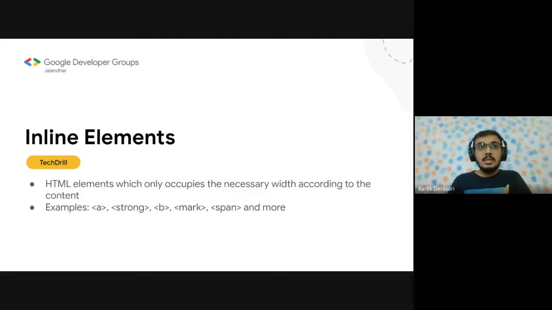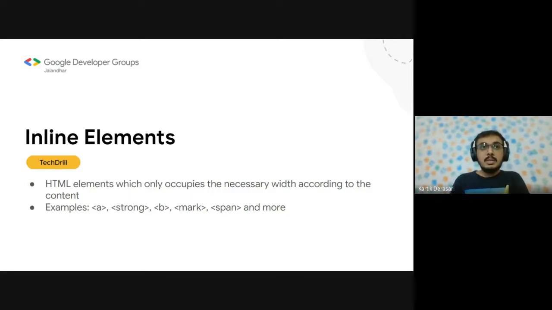Inline elements are basically the HTML elements which occupy only the necessary width according to the content. For an example, we saw the mark tag, the anchor tag, and the image. All of these generally use only whatever space they need. For an example, if we have mentioned that an image should have a height of 200 pixels and a width of 200 pixels, then all the space beside the image would be free for other HTML elements.